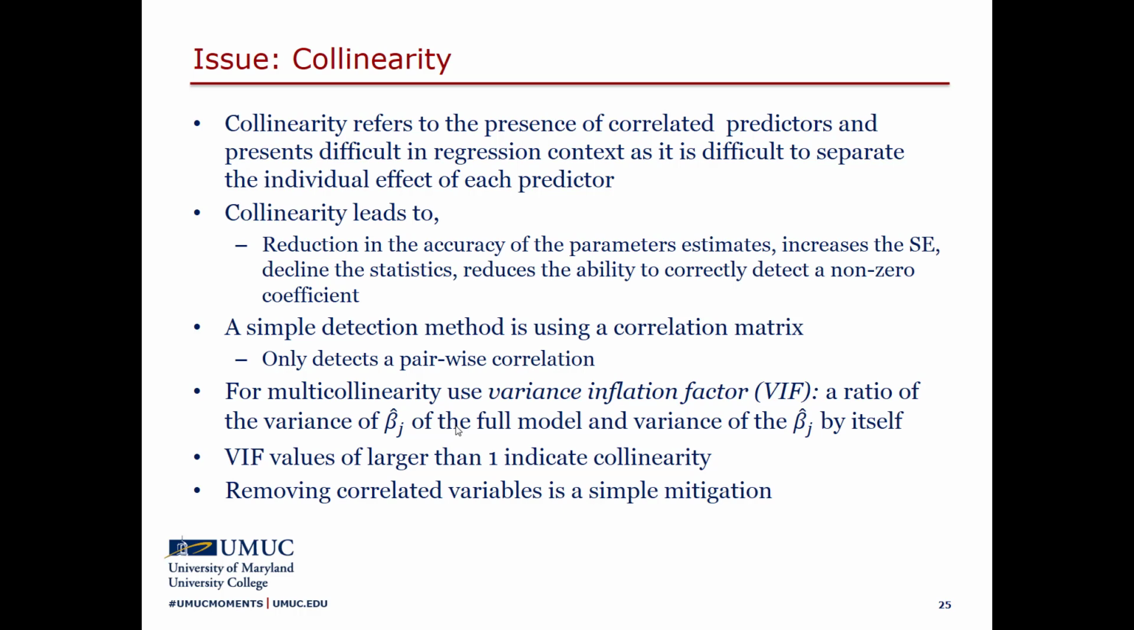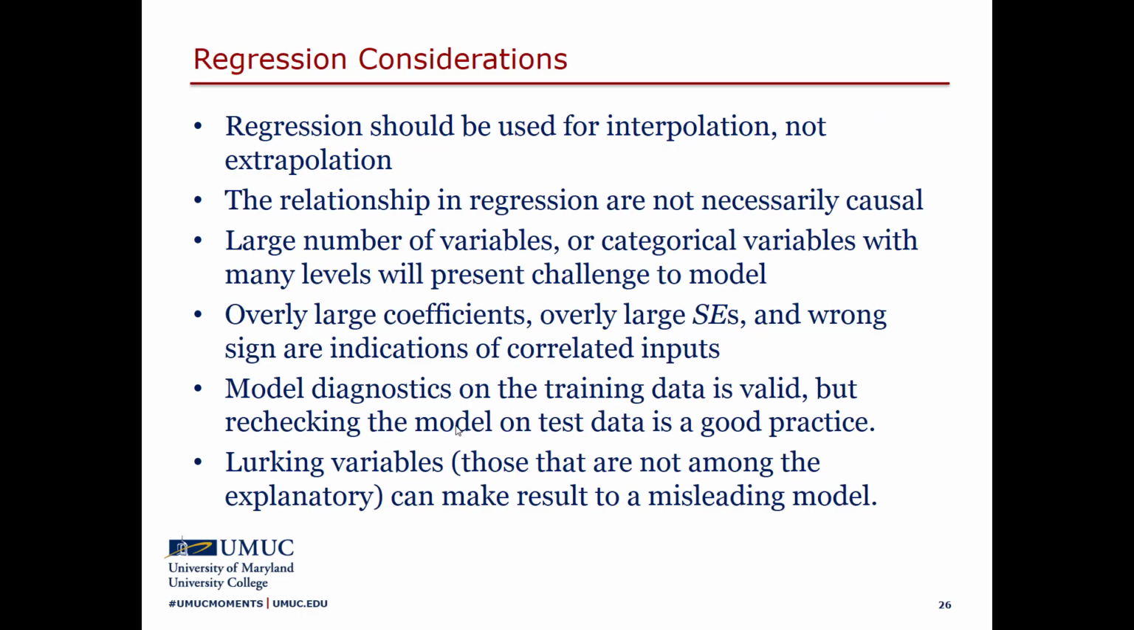Removing correlated variables is a simple mitigation. So that's one way. For instance, if two explanatory variables are strongly correlated, you can remove the one of the variables that is less correlated with the response variable, as a simple mitigation. Okay, so those are the things that you have to be aware of and cognizant of